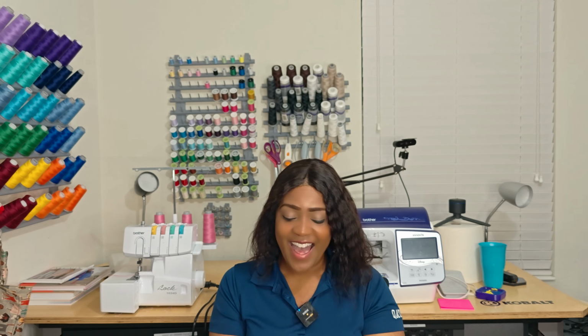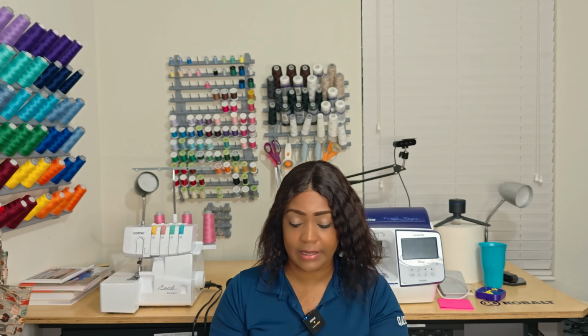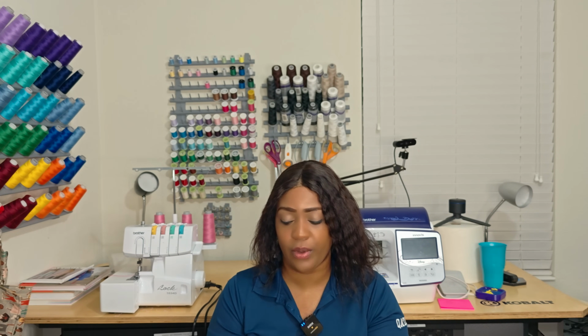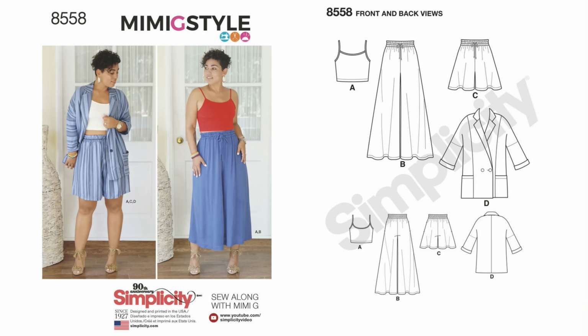Okay. All right. So it features a flange sleeve. It has a relaxed fit crop pants with an elastic waistband with the ties at the front and patch pockets for sure. Now, I like this pattern, but the pants remind me of her previous pattern, which is Simplicity